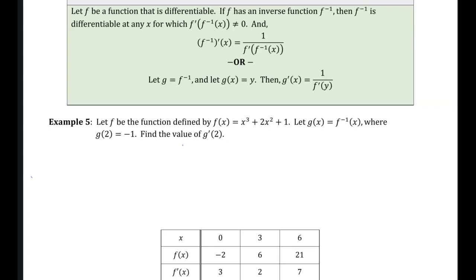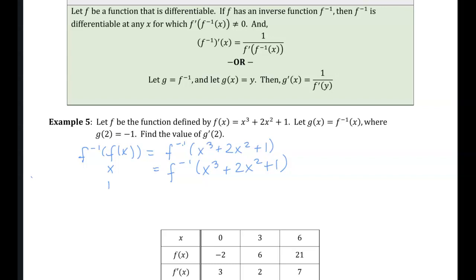I wanted to explain the process over here a little different way. So remember, when we're looking at inverse function, f inverse of f of x over here, this is equal to x. And since f of x is x cubed plus 2x squared plus 1, this is also equal to that. So therefore, we can actually do implicit differentiation over here, differentiating the left and the right side, and the derivative